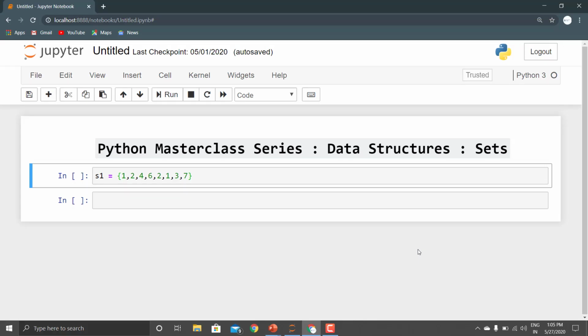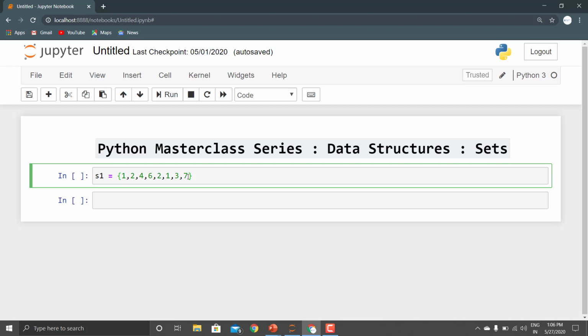So guys, here we have a set with us. A set is declared by using the curly brackets, and these are the elements in our set. It is not necessary that the elements are in numeric form or float. We can have them as strings, we can have them as boolean values.